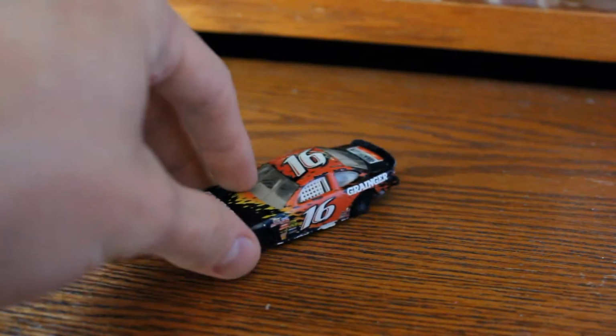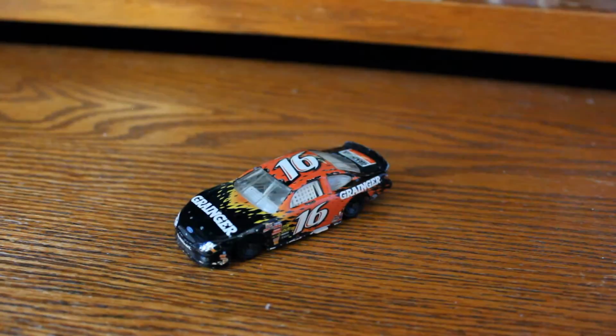Despite 2003 being one of my favorite years for paint schemes, I don't have a lot of 2003 cars, but there was a lot in this lot. We got Greg Biffle's Granger car from 2003, his rookie car. So this one shows off